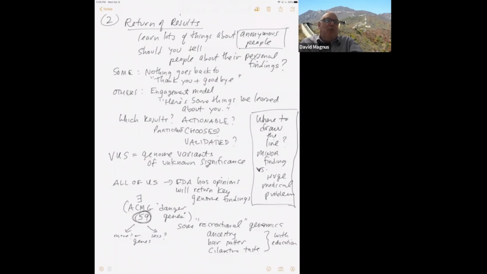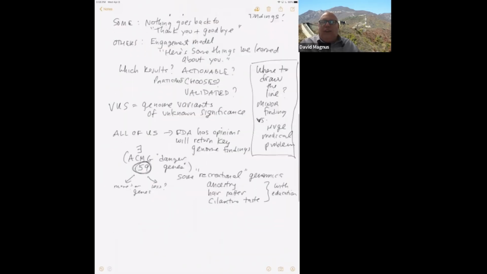But at the same time, I will also tell you there's a group that's pushed really hard and said, this is crazy. You guys shouldn't be returning any of these things. These are research findings, and there are CLIA complications, although all the testing is being done in CLIA labs. Those are regulations governing the laboratories and whether or not those meet essentially clinical grade for the return of information. So those are all issues in the return of results and figuring out the right place to draw the line.